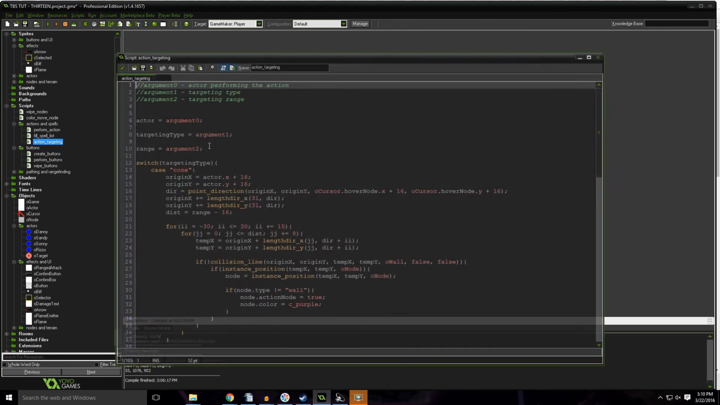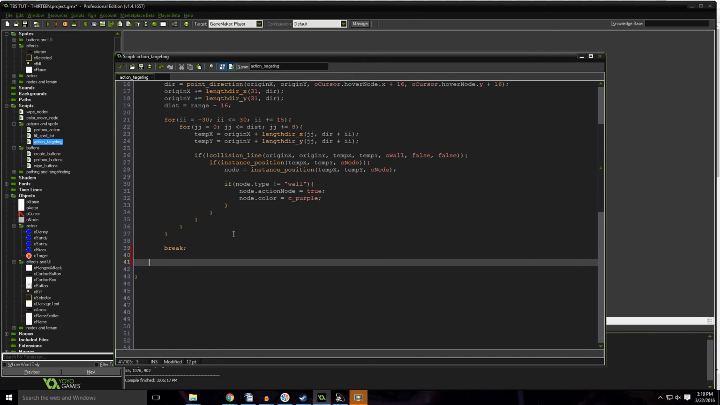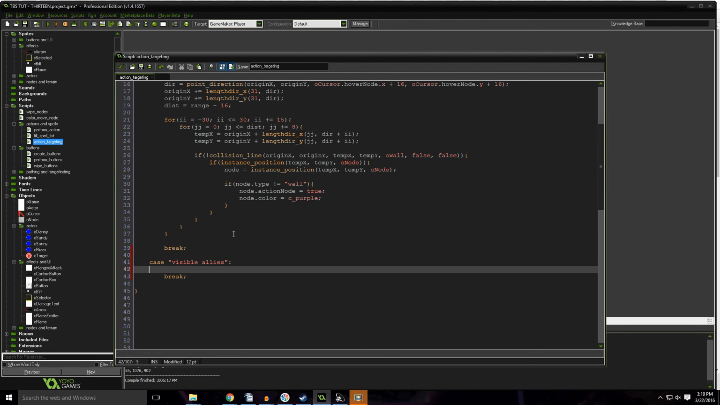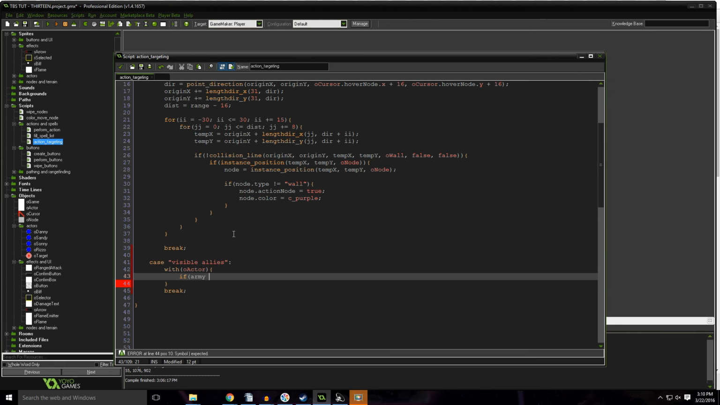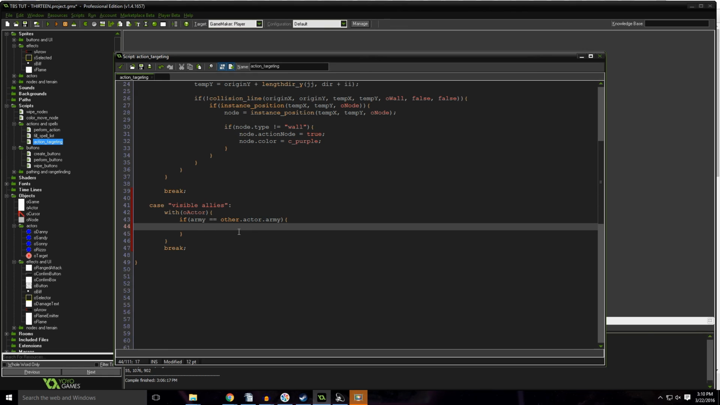Go into action targeting. And this one's going to be super easy. We're going to put this, it's visible allies. It's going to be down here. Remember, try to keep them in alphabetical order. That'll help you in the long run. Case, visible allies, colon, break, rage, with, O actor, if army equals other.actor.army. So if they're on the same side as whoever's casting the spell, now what we want to do is